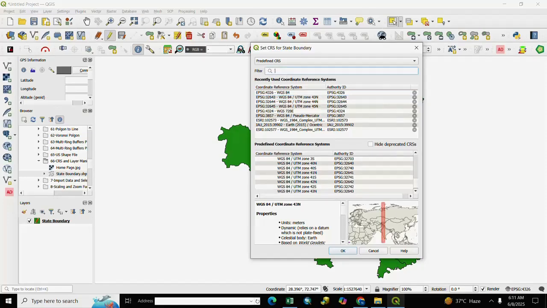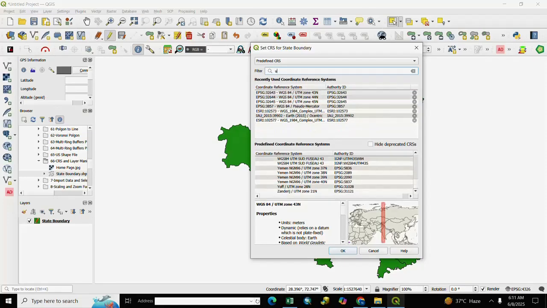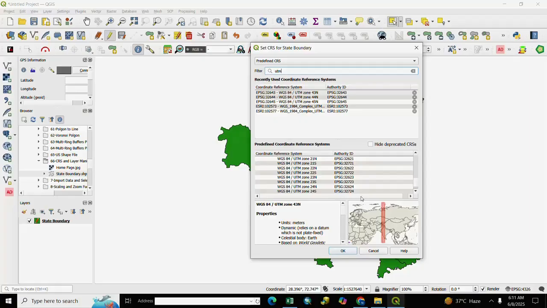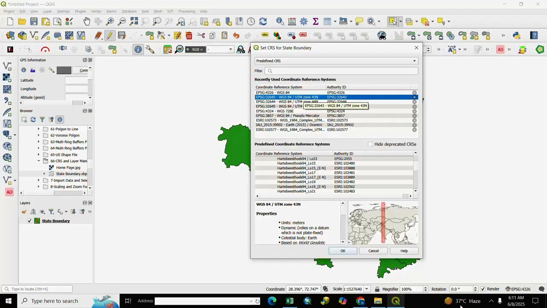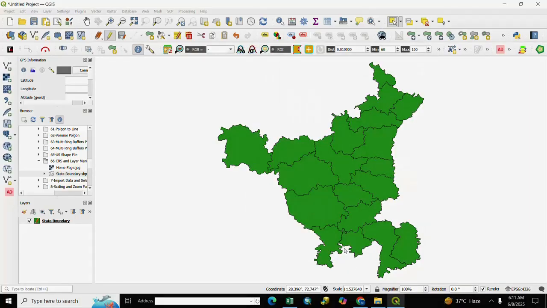You also write here UTM and search here UTM zone projection. So we select here UTM zone 43 north. After it, we click OK.